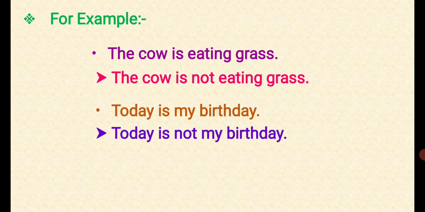If we identify the helping verb very easily, we can make the sentence in negative form very easily, right? So next is "Ria is a tall girl". Now we understand that Ria is the subject part, is is a helping verb, tall is an adjective and girl is the object part, right?